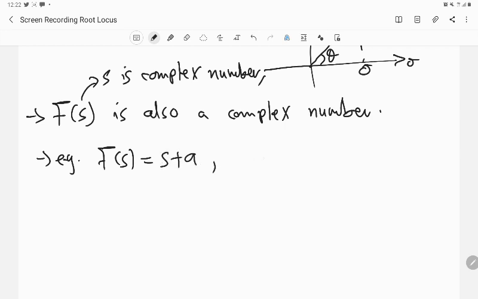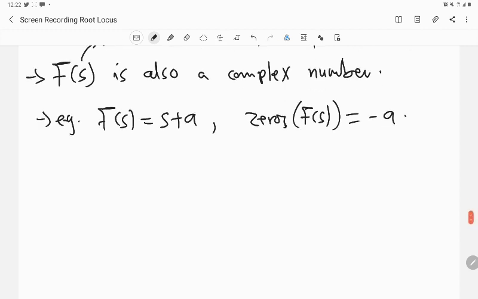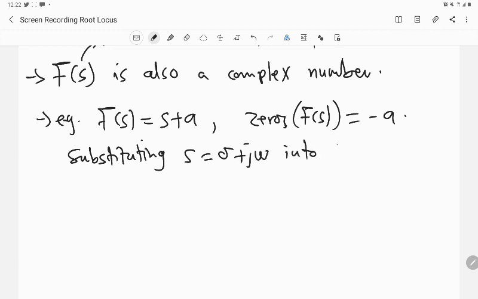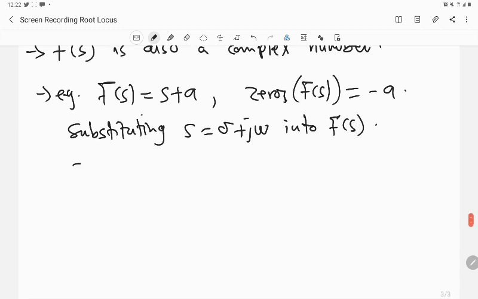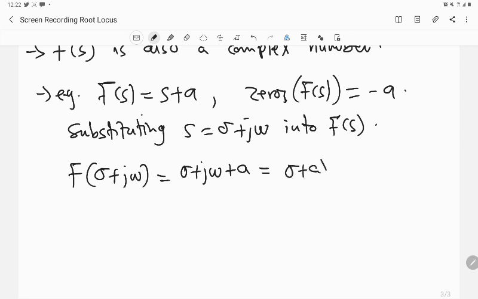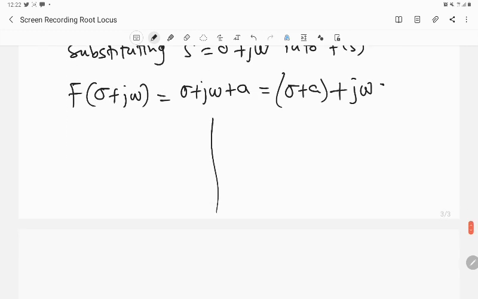then it means the zero of f of s equals minus a. Now if I substitute my s equals sigma plus j omega into f of s, then I'll have f of sigma plus j omega equals sigma plus j omega plus a, which is sigma plus a plus j omega. Now I can plot this as a vector,